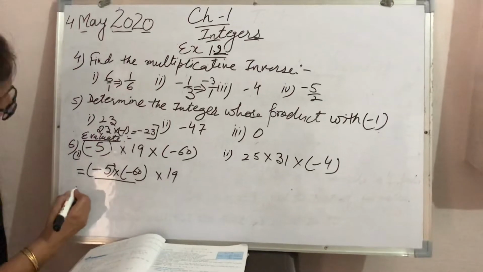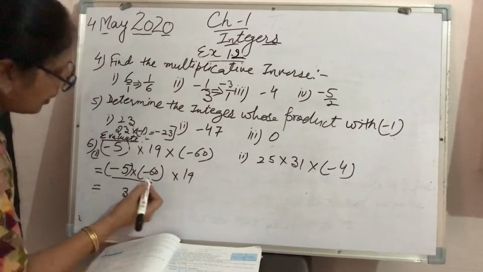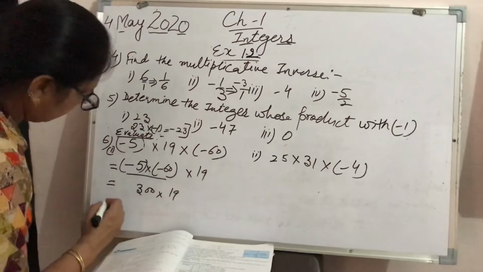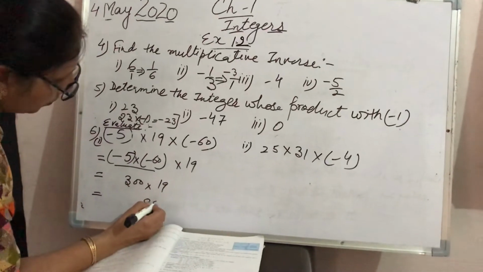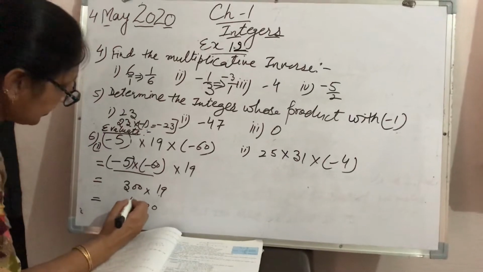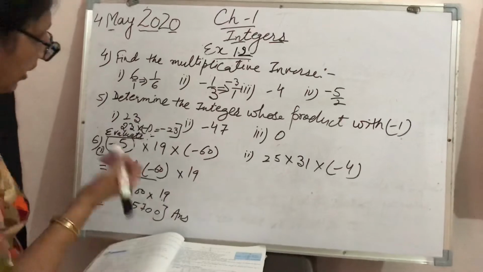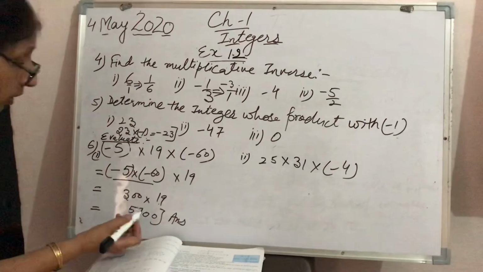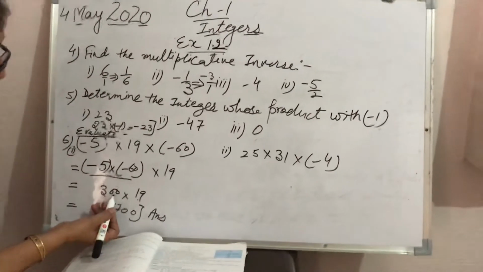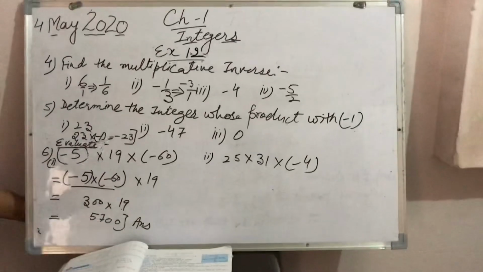So first of all we will multiply this number. 6 5s are 300, two negative signs so it is positive, multiply 90. So the two ending zeros we write first, then 19 3s are 57, that is 5700, this is the answer. Try to solve orally if ending zeros are there. So we can write the ending zeros first, then 19 3s are 57. In this way you have to calculate.